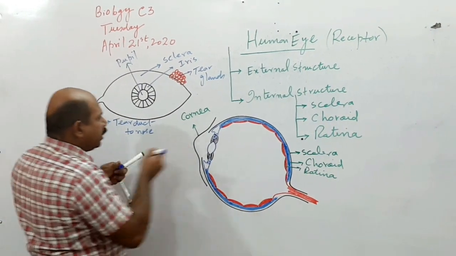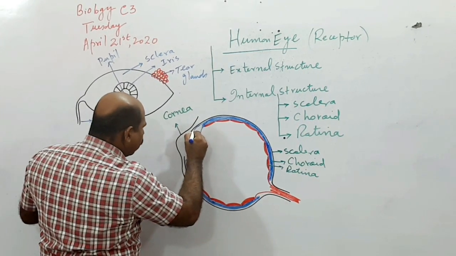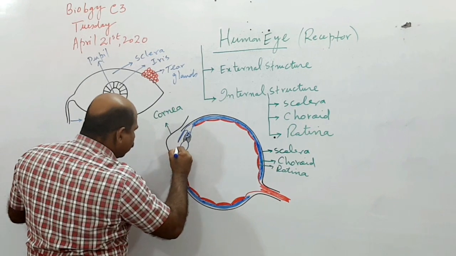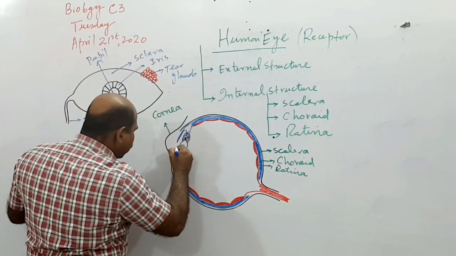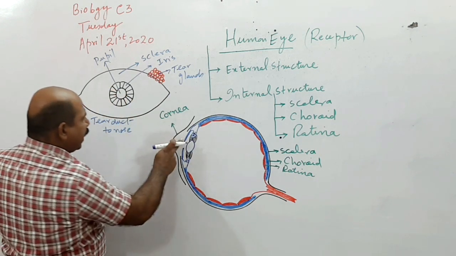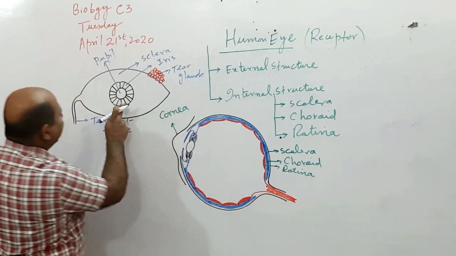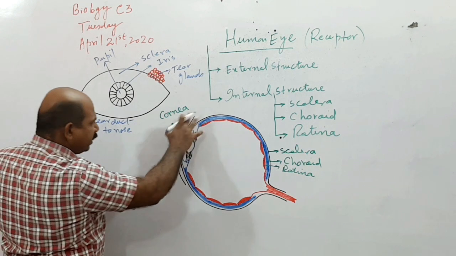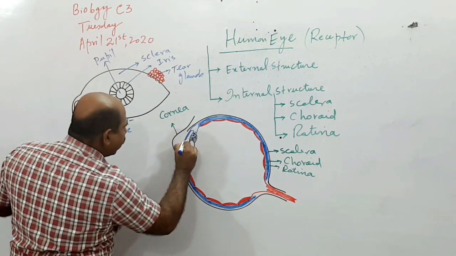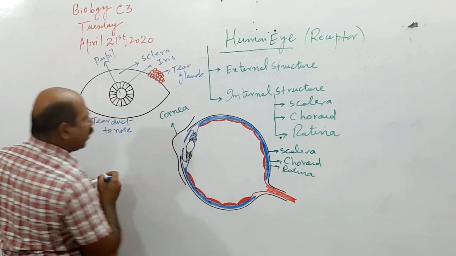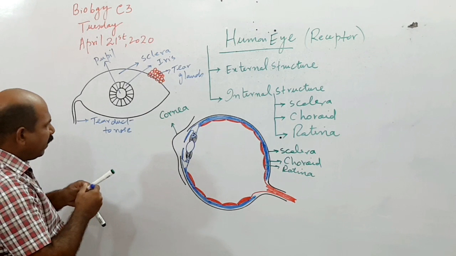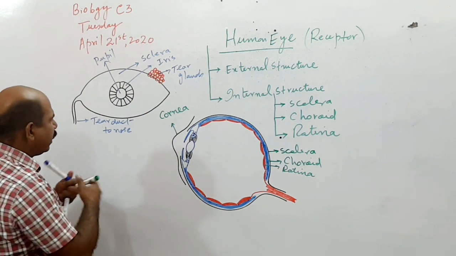I'll also draw this. This region, look at this, is called the iris. This is known as iris. So the iris is here, and here it's a different shape. Both these shapes are equally important. This one is known as iris, and this central part is called the pupil. So if we label it now,